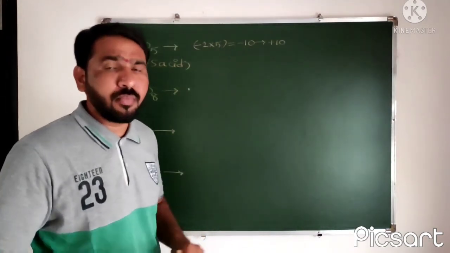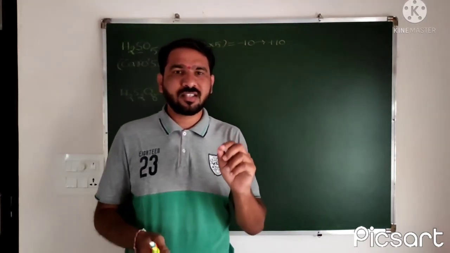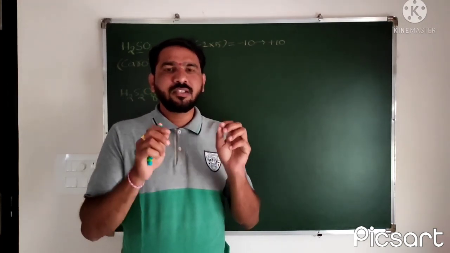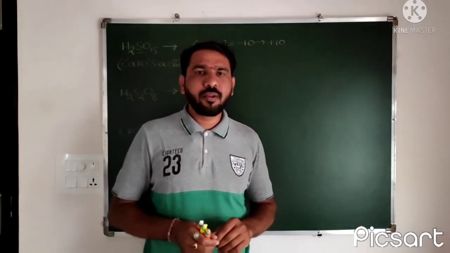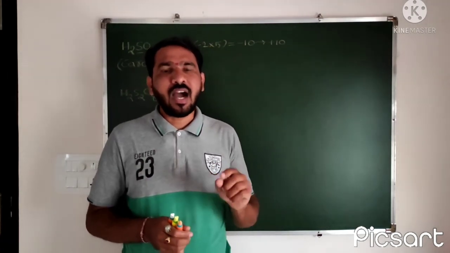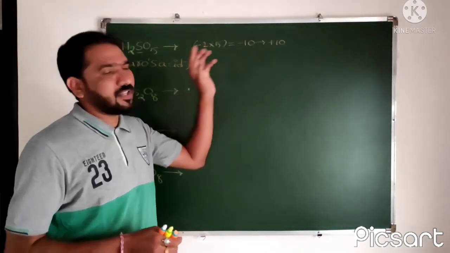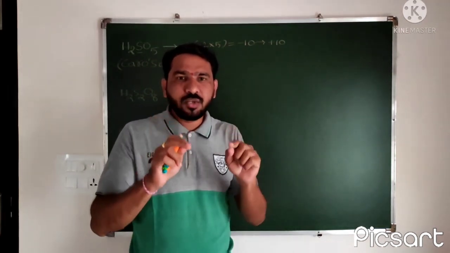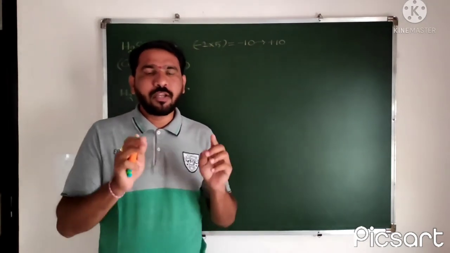No, impossible. Because of what? One fact is there about the oxidation state of an atom. That is, the highest oxidation state of an atom is equal to its group number. Coming to sulfur, sulfur group number is 16, has 6 valence electrons. Its highest oxidation state is what? +6. But we have +8 as the rest oxidation state. So +8 is not possible, which means we need to reduce the positive oxidation state. That is possible by using a peroxy bond.